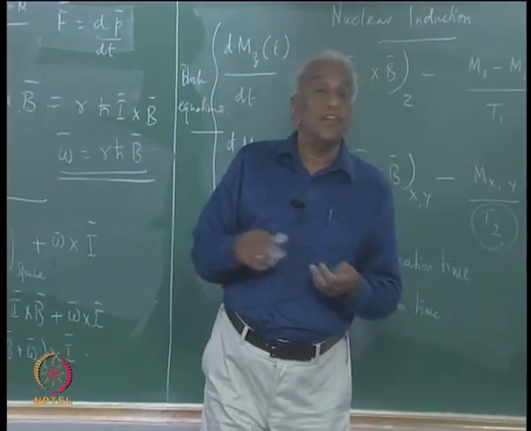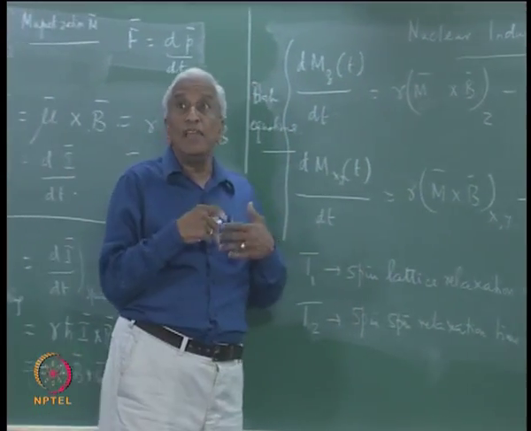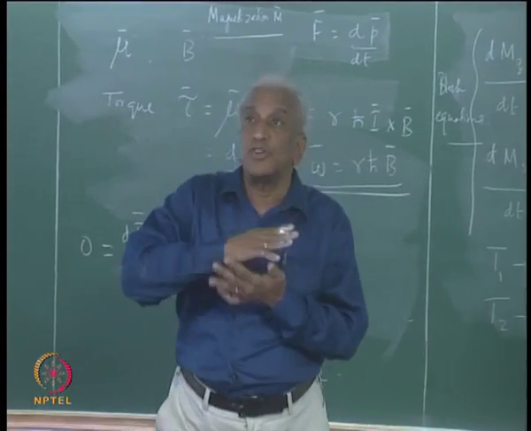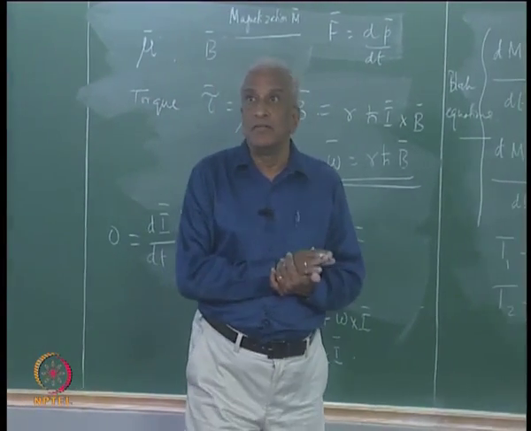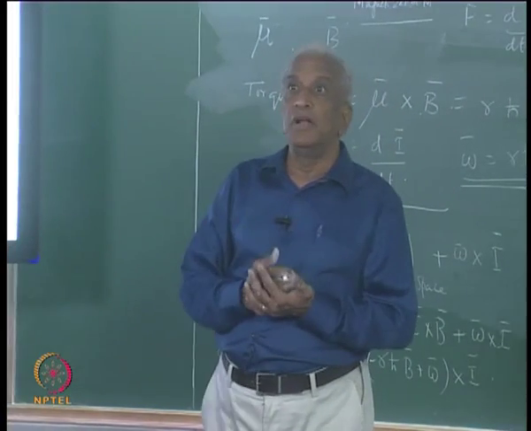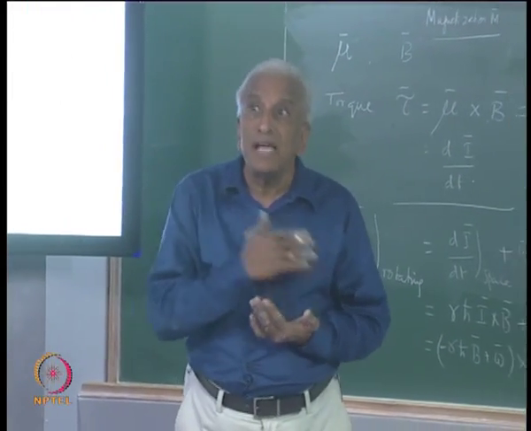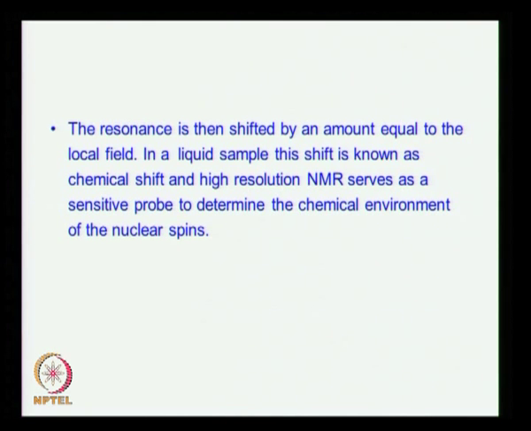Now, if such a local field, an internal field, exists, then the resonance is shifted by an amount equal to the local field. For example, in a liquid sample, this shift is known as chemical shift, and one can look at high resolution,